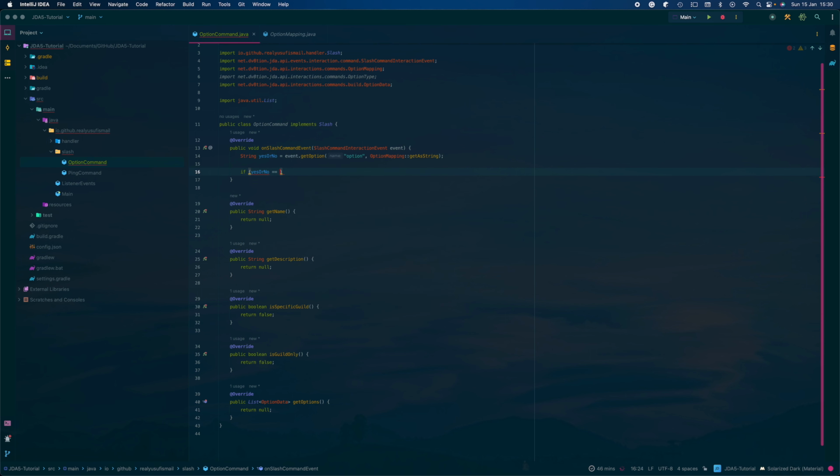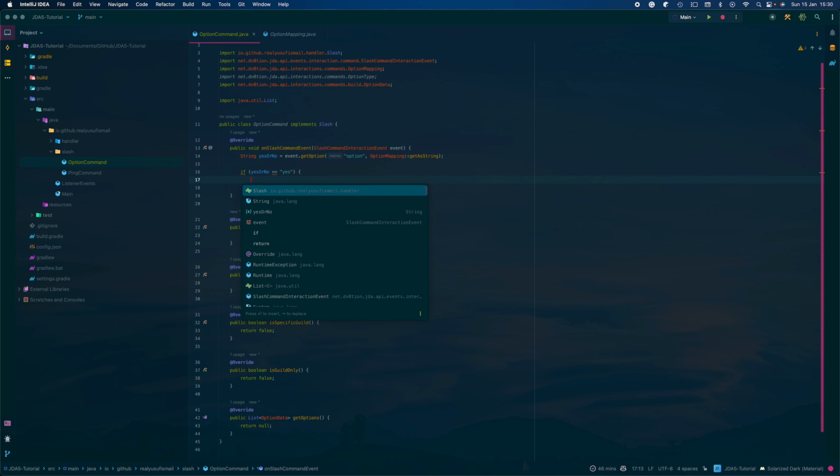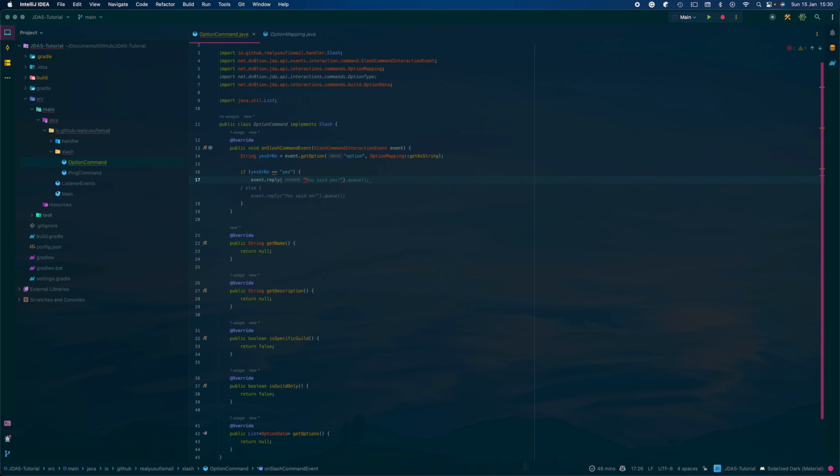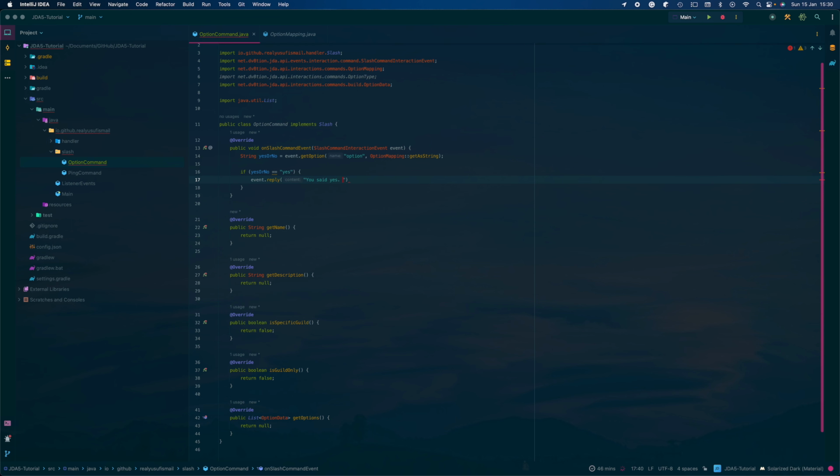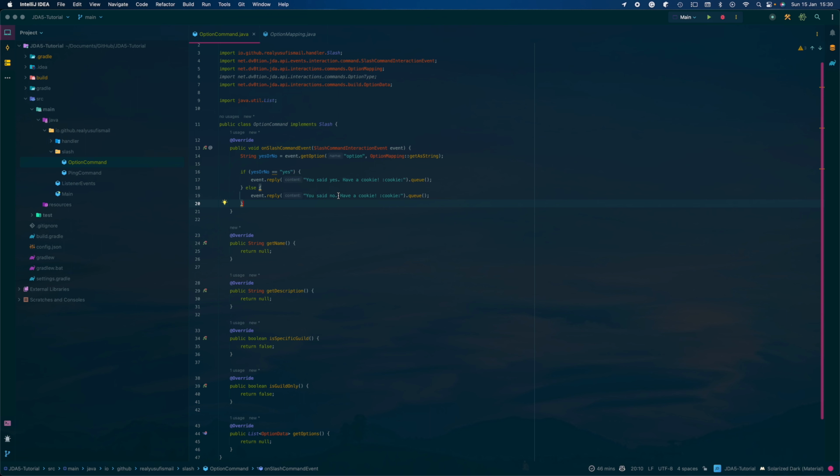and then we're gonna do if string yes or no equals yes, and then you're gonna do event replied, you said yes, have a great day, have a cookie, and here just write you said no, just write you don't want a cookie, and that's you can have that. We'll just leave that. So now we're going to do here, just write want a cookie,